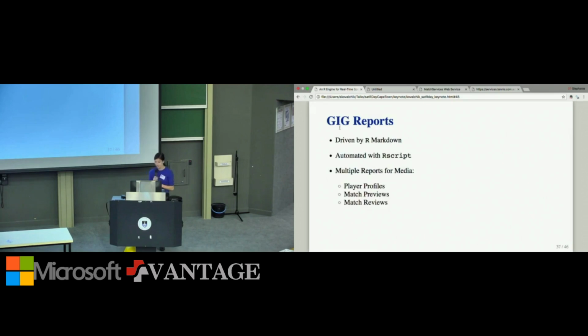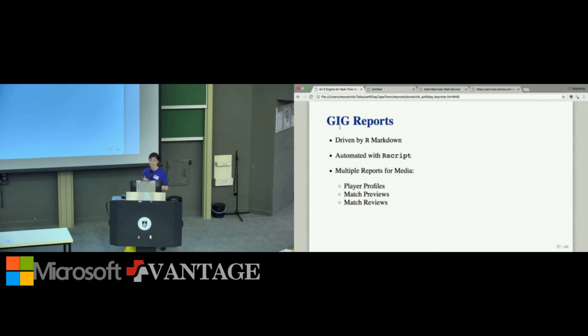Okay, so how exactly do we do this? We create all of these reports in R Markdown, and again, we have an automated approach for generating them. Once we know that a particular match is going to happen or has already happened, we're able to run that script, modify a few parameters, and generate a new report that's ready to print and send to the media room. There are three main R Markdown templates that we had in place for the three types of reports that we were producing during the event.